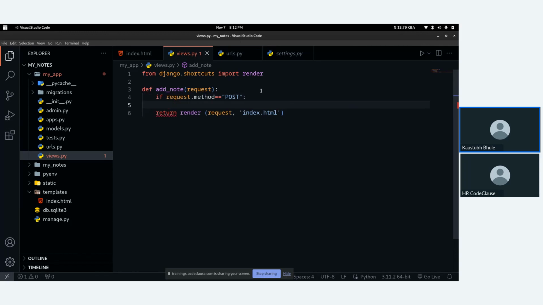For testing, I'm just saving the values coming directly from the form to Python variables. So title, then to get the value again, request.